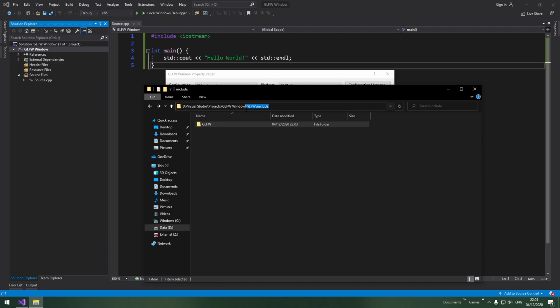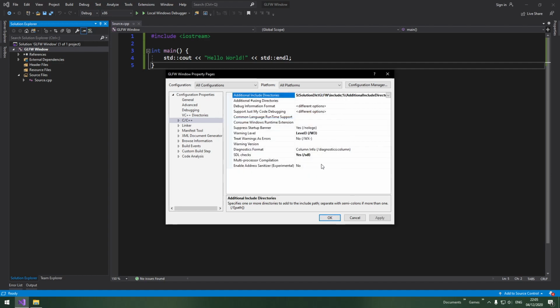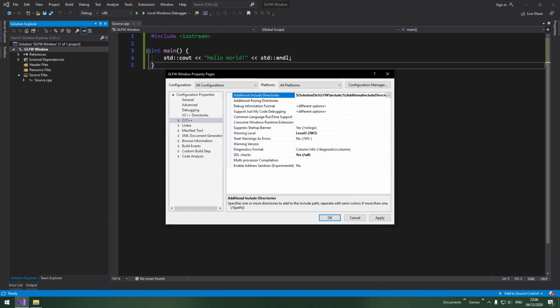So, really it's just GLFW/include. Now, if we do... And that might have... Yeah, and that's the right location. I think I did that right. So then let's go to,